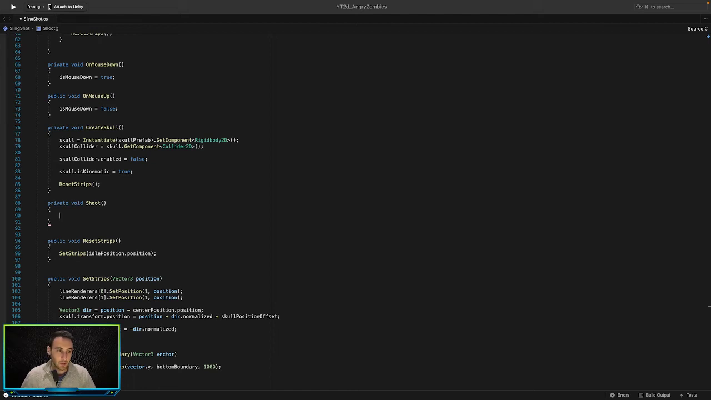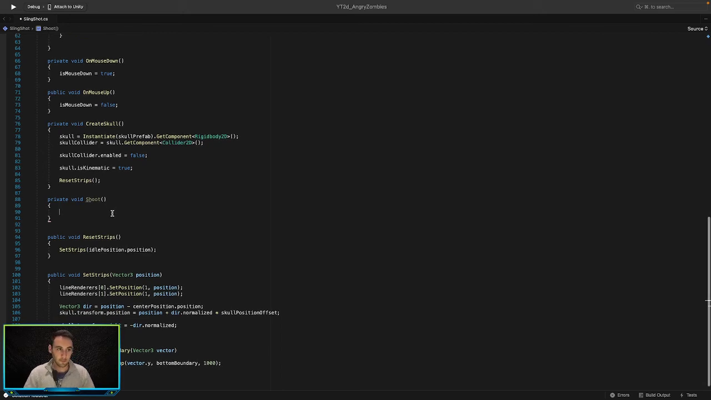And in here we can go and create our skull force. So let's go and say create a new Vector3, and we will call this skull force. We will set this to the current position minus the center position dot position, and we will times this by the force that we just created, and then we will times this by -1